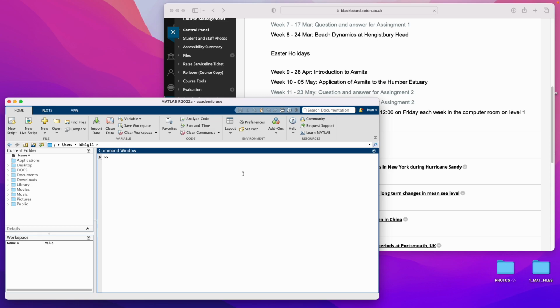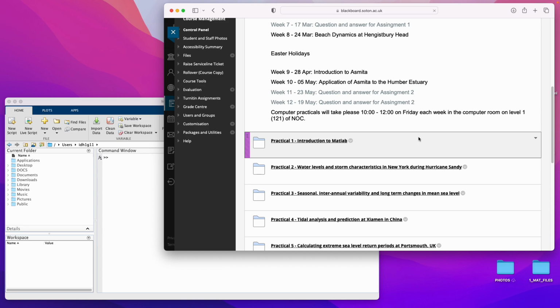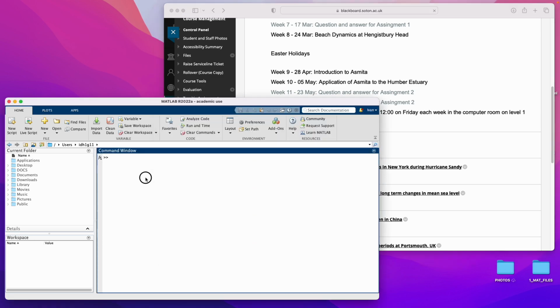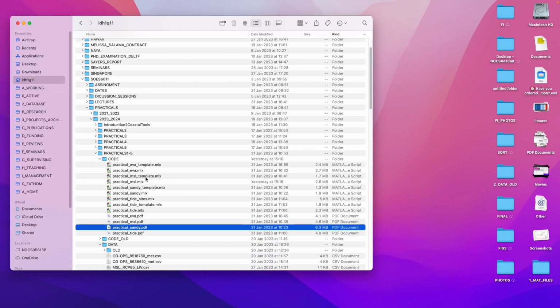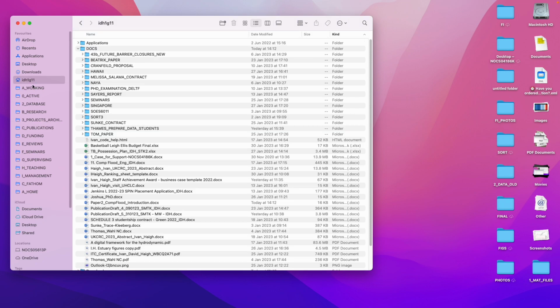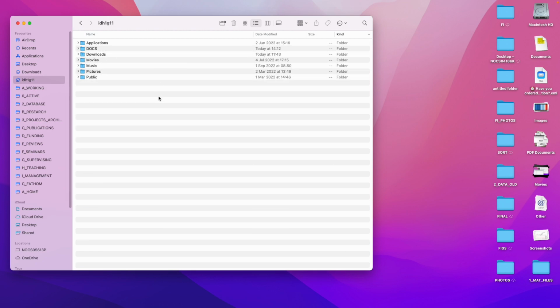In this practical, in the second week, we are going to look at water level and storm surge characteristics that occurred in New York during Hurricane Sandy. Okay, what I'd like you to do is, somewhere on your computer, I'm going to go in here, create a